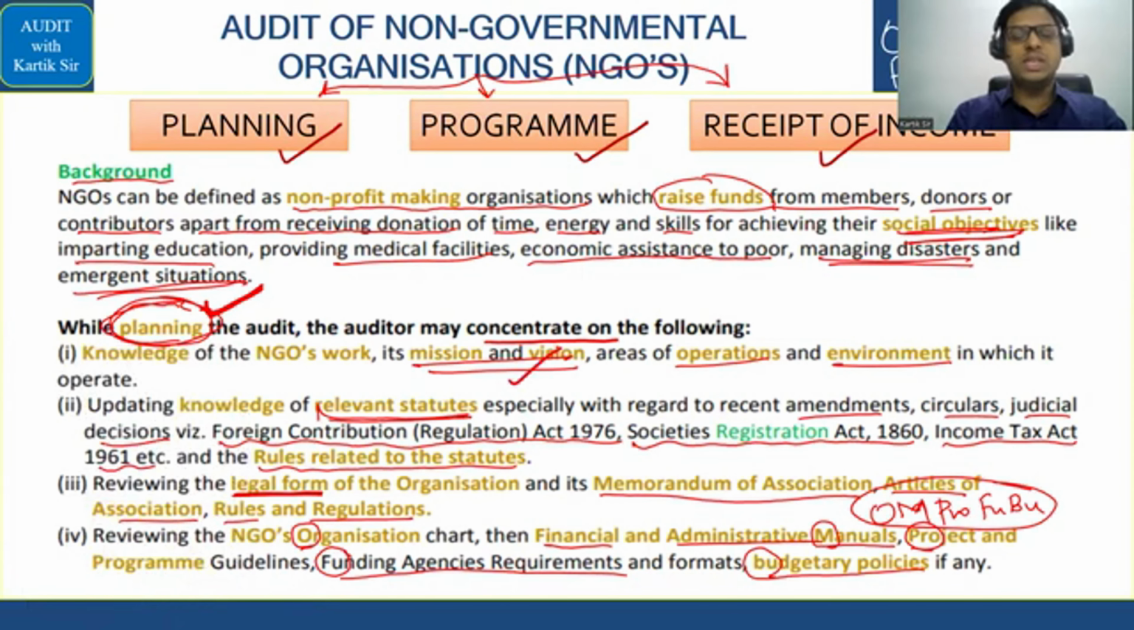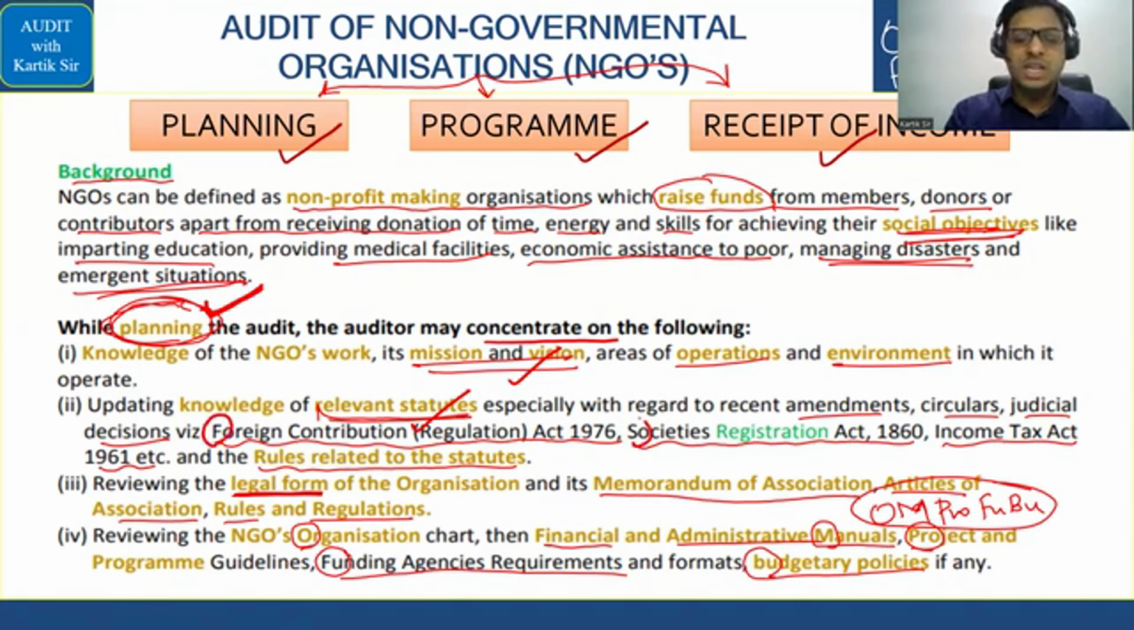Auditor will focus on the mission and vision of the NGO. Right? Auditor will also see whether the relevant statutes in relation to the NGO are being fulfilled or not. Relevant statute was the left hand side wall and right hand side wall, if you remember. So relevant statutes, the laws which we learned, that is your Foreign Contribution Regulation Act